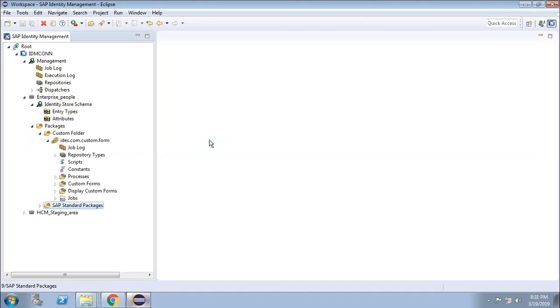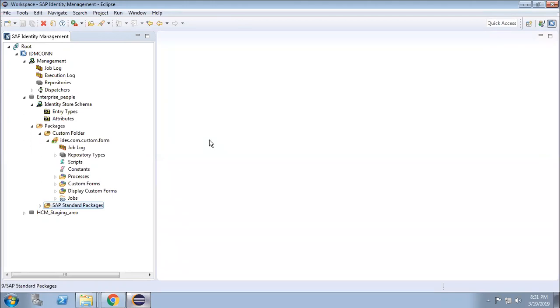Yes. So now how will I upload that flat file? Where will I upload the flat file? Upload the flat file into some blank repository, a blank folder. Yes, a blank folder.